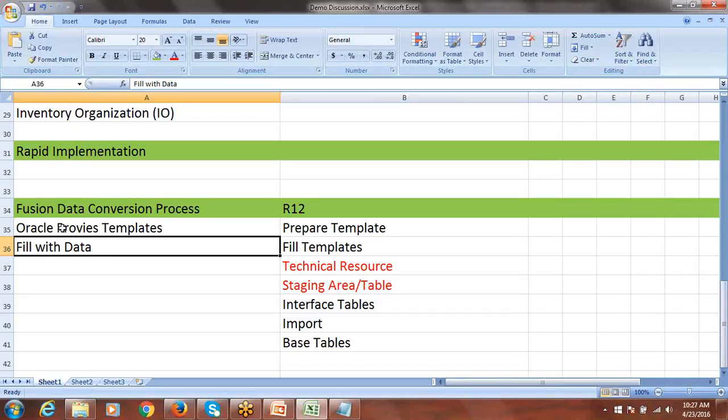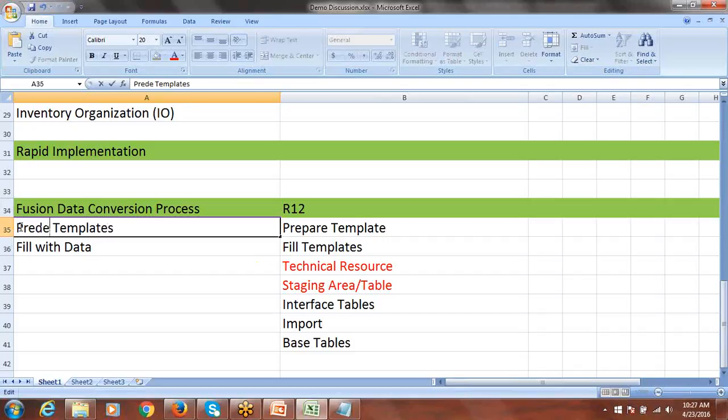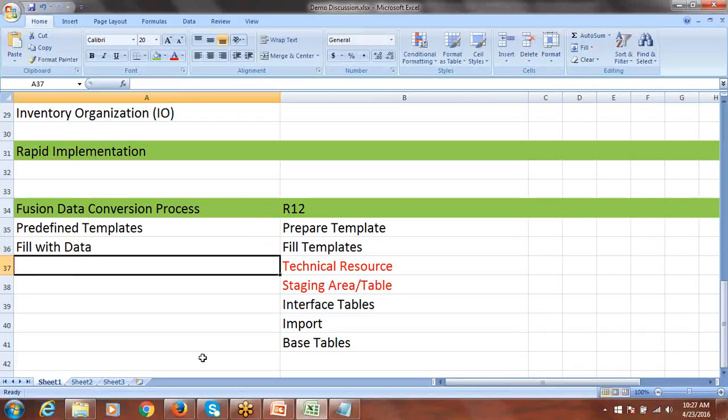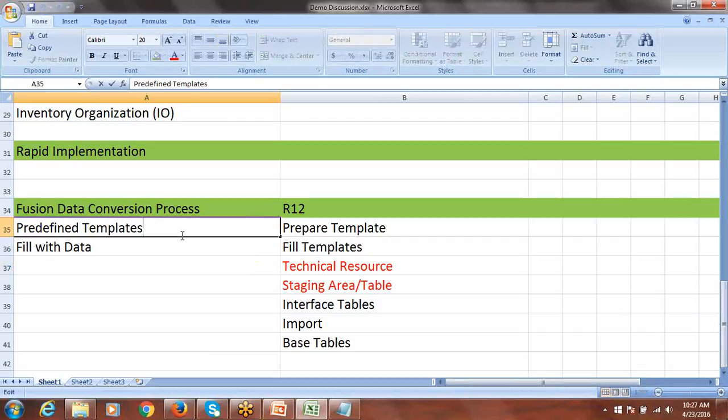So there are predefined templates from Oracle. We'll get those templates from Oracle and fill them with the data. Then there is one concept where you can directly download these templates, if you have access, from Oracle